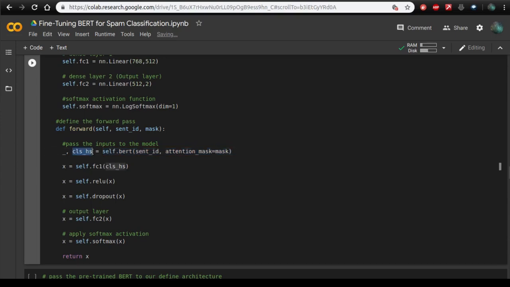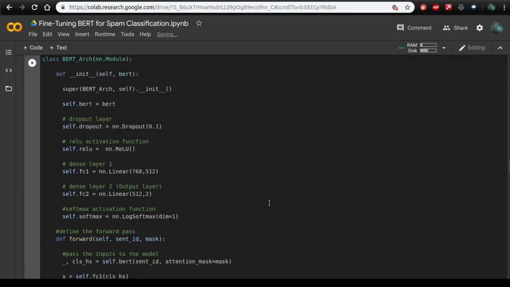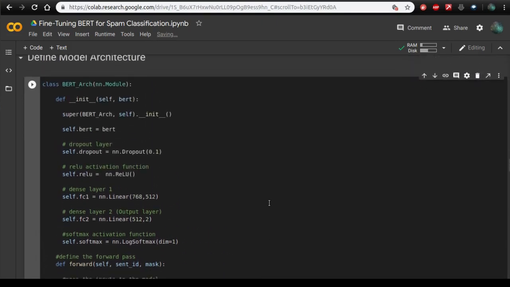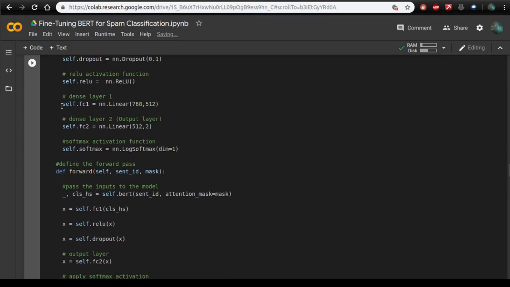I will use the second output of this BERT model or BERT layer, and over here you can see that I have added a fully connected layer followed by a ReLU activation function, which is followed by a dropout layer, and finally there is another fully connected layer on which I have applied softmax. So this is the model architecture, and we will fine tune the weights of these two layers.